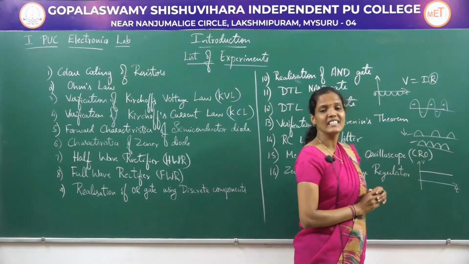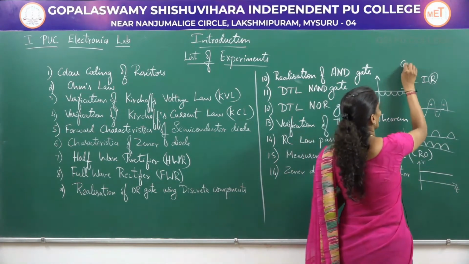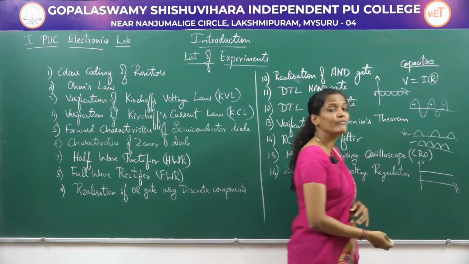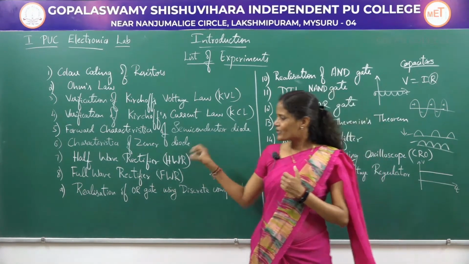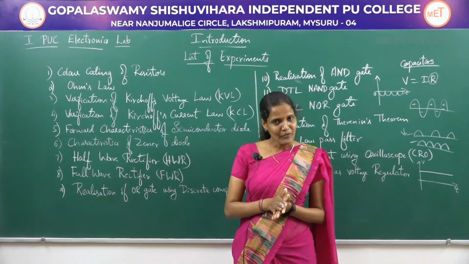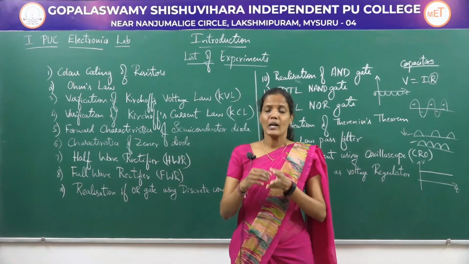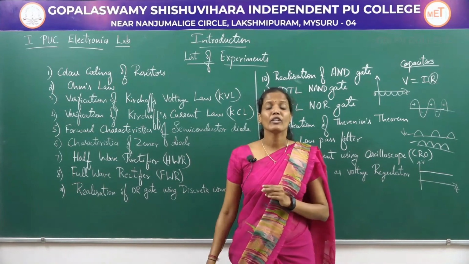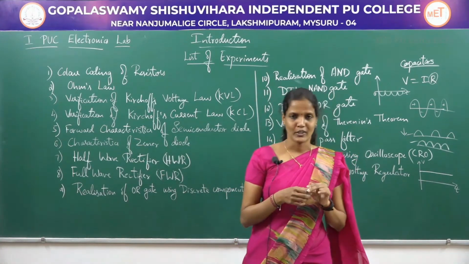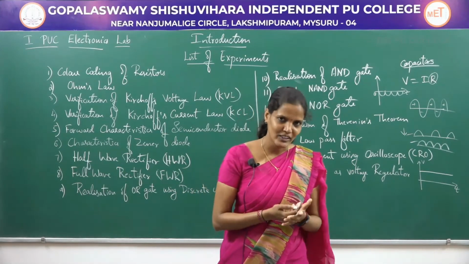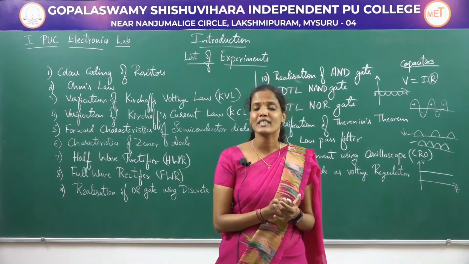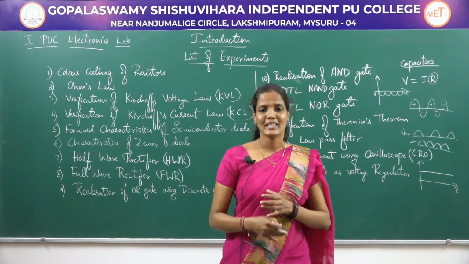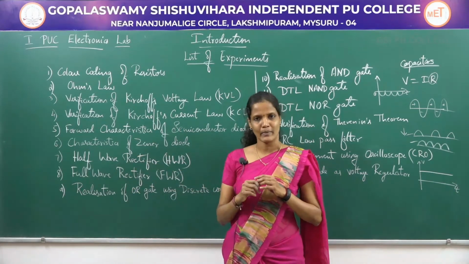So, I am not getting a continuous straight line like this, but I am getting a pulsating signal, and these pulsating signals can be avoided by using what are called capacitors. These capacitors are called filters. So in these two experiments, we are going to see the difference between the output waveforms before and after connection of a capacitor, that is before and after connection of a filter circuit. What happens if the filter is not connected, and what happens when the filter is connected, those two differences will be completely studied in these two experiments.